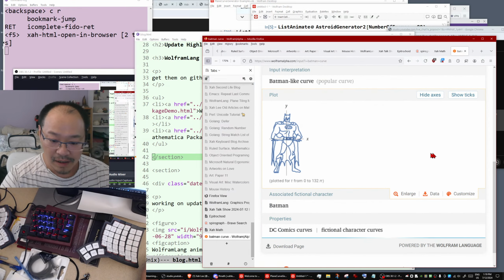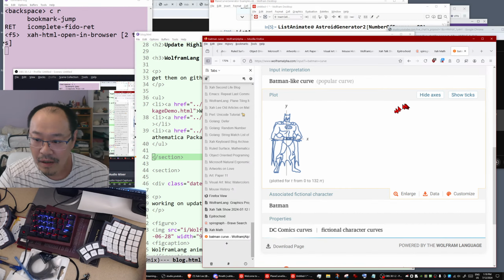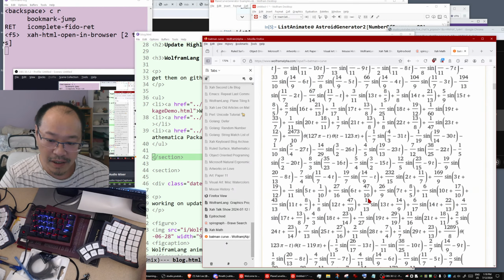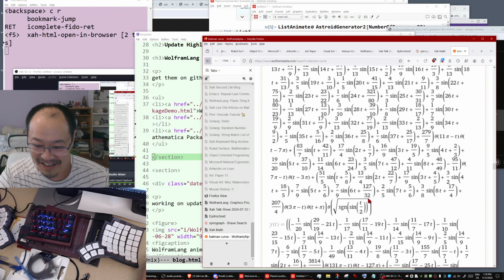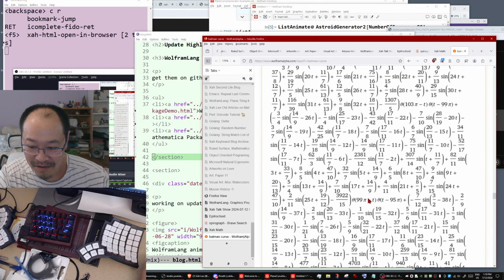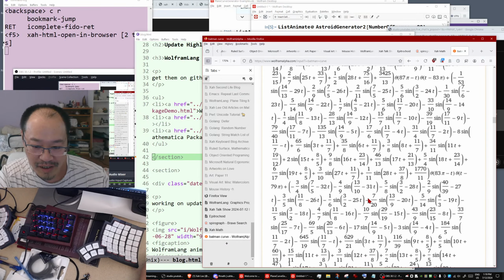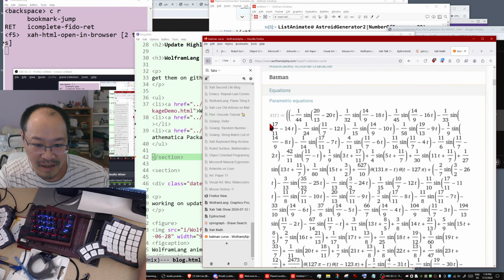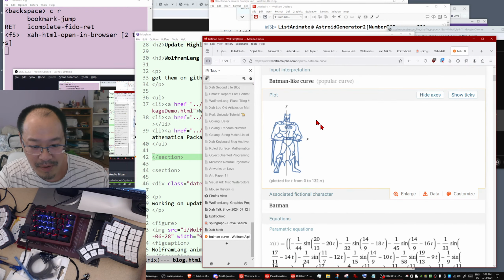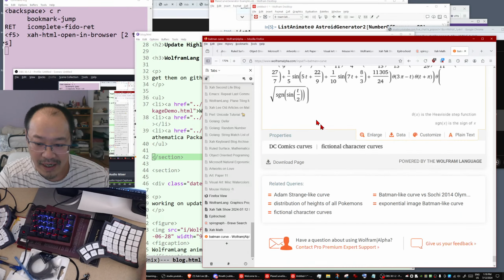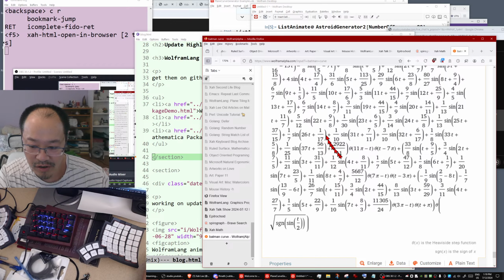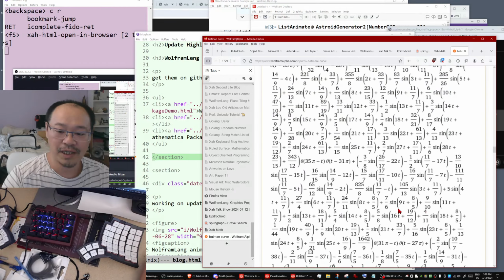There it is. And where's the equation? Let's see. There it is. Batman curve. Sine, cosine, infinite number. Okay. So let's look at the equation. Okay. So what exactly is this? This should be a parametric equation, okay? So today you have AI that just generates the equation for you. I believe this is a parametric equation. So anyway,